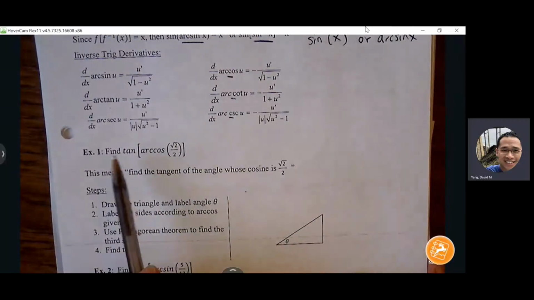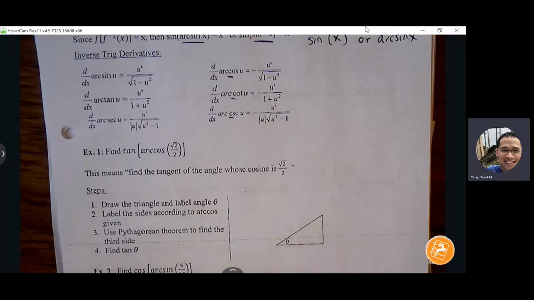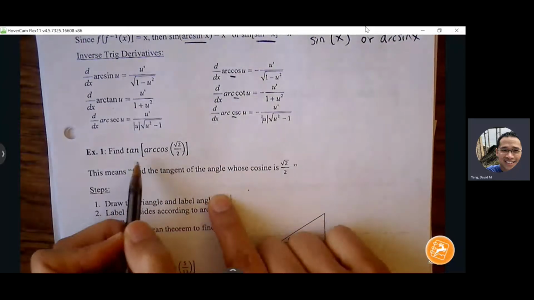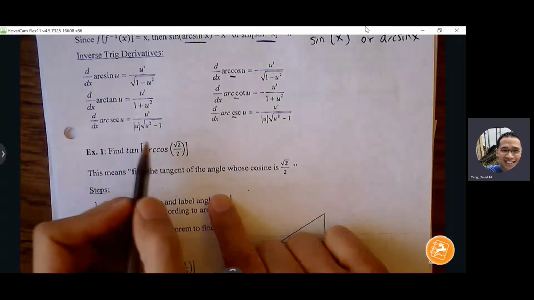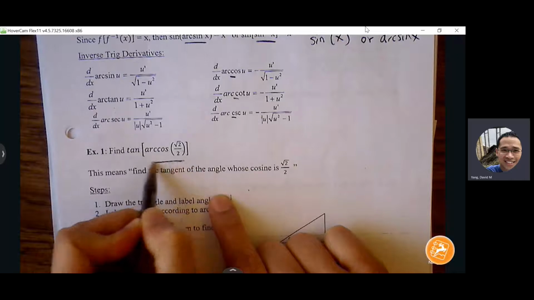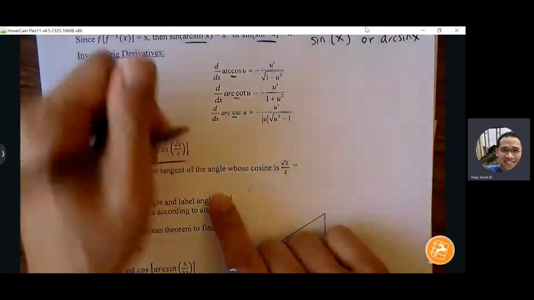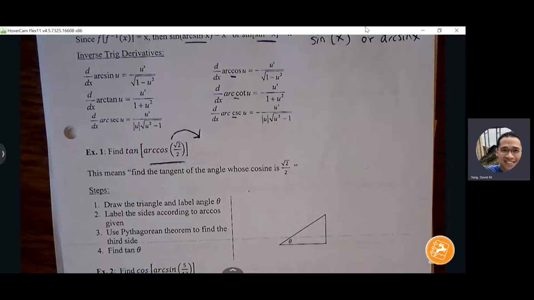So let's look at example 1 here. It says find tangent of arc cosine of root 2 over 2. Now, whenever you see this notation, this is a nested trig representation, right? So what we want to do is just go ahead and focus on the inside portion. Whenever you see arc cosine of root 2 over 2 or arc tangent of a value, understand that